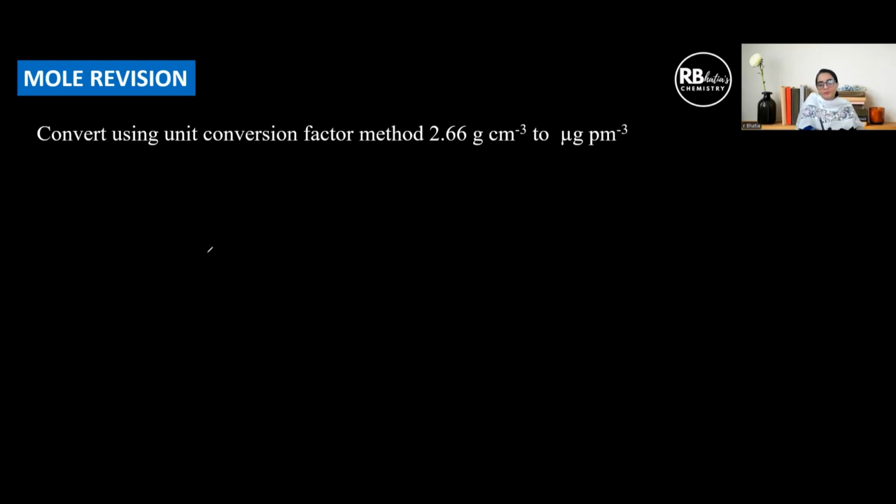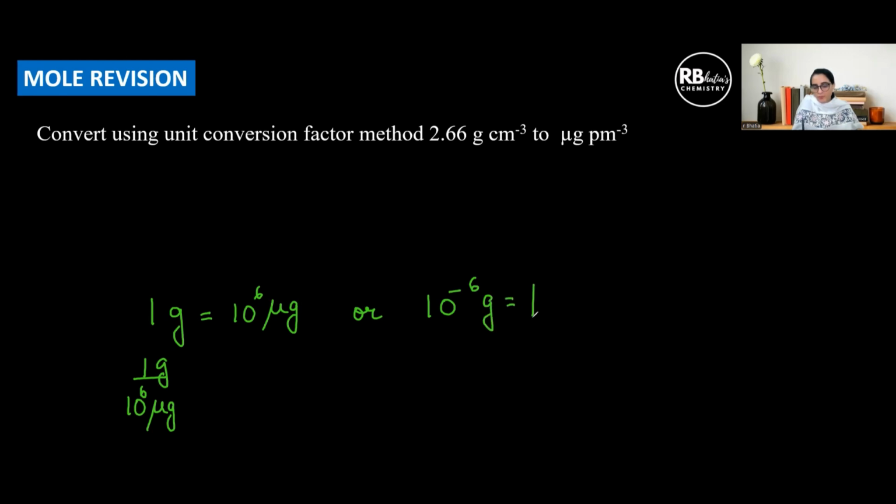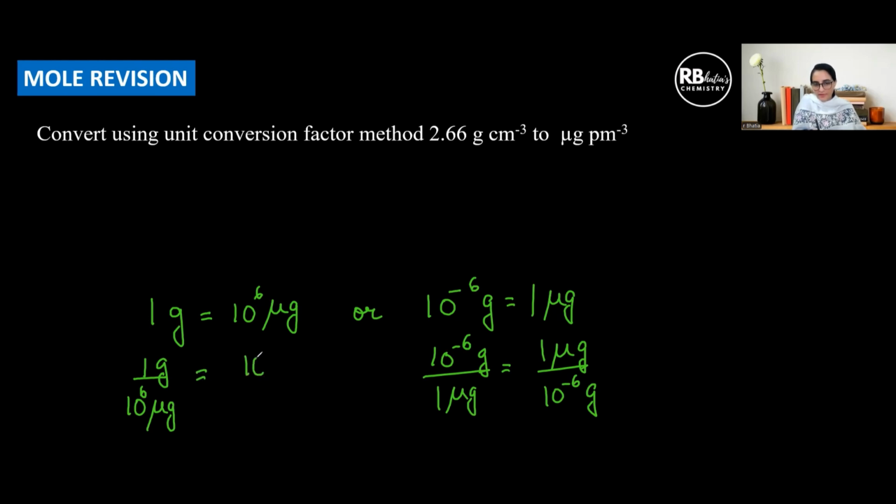So now let us pick up the conversion values here. We know 1 gram is going to be 10 to the power 6 microgram, which means for us, the unit conversion factor is going to be 1 gram upon 10 to the power 6 microgram. Or you might write it as 10 to the power minus 6 gram is 1 microgram. This is also fair, right? So the unit conversion now is going to be this, or it could have been this. You can keep any one in the numerator, any other in the denominator. Basically, the ratio is going to be 1. Similarly, you could have done it like this: 10 to the power 6 microgram upon 1 gram.